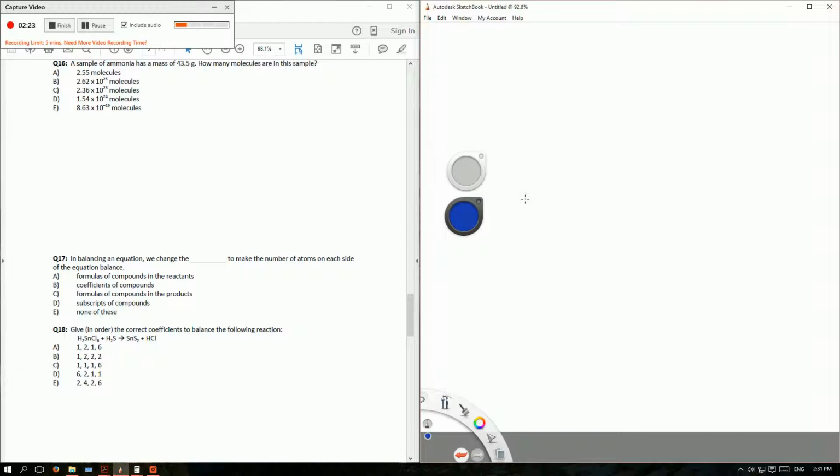So then the last question, give in order the correct coefficients to balance the following reactions. So SnCl6 plus H2S goes to SnS2 plus HCl. So a good thing about having a list is basically you could just put them in. So if we put 1 here, 2 here, 1 here, and 6 here, what we have in the reactants is,